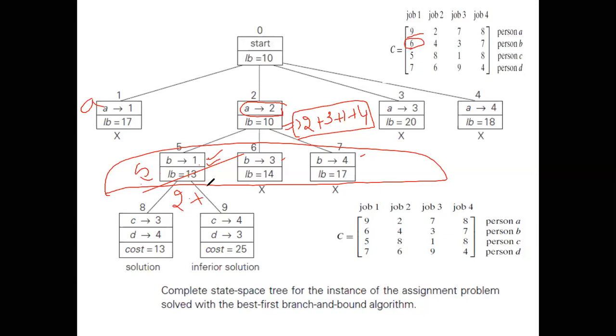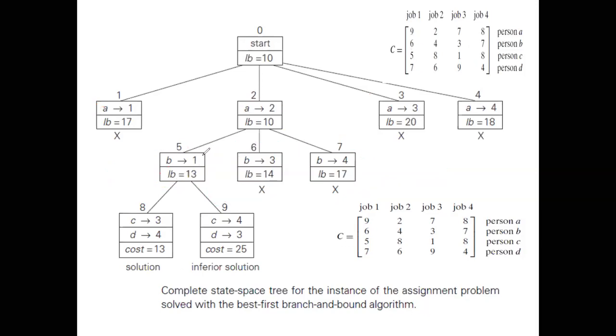It is 6. So 2 plus 6 plus the remaining, you should check it out, the person C and D. For person C, according to the previous state, it is 1. So 1 represents job 3. So let it be as it is. And 4, it is not colliding, so let it be as it is. So what is the total cost here? 6 plus 4, 10, 10 plus 1, 11, 11 plus 2 is 13. So that is how you got 13. Is this clear? Fine. So we have done assigning job 1 to person B.